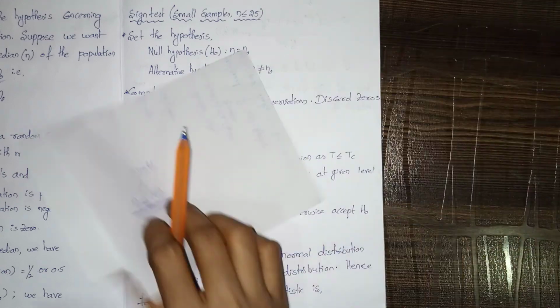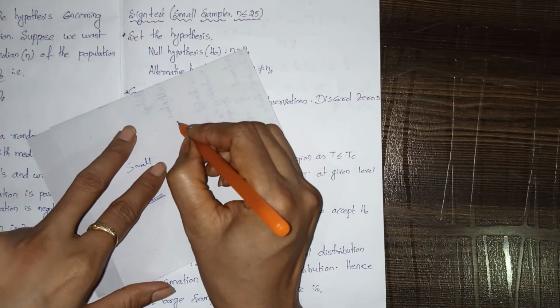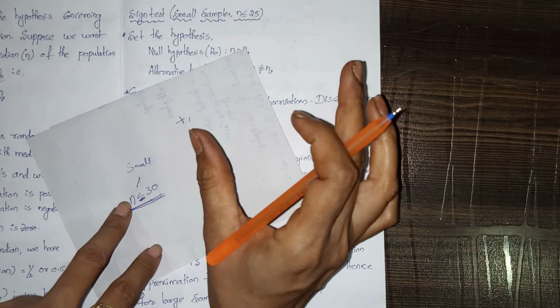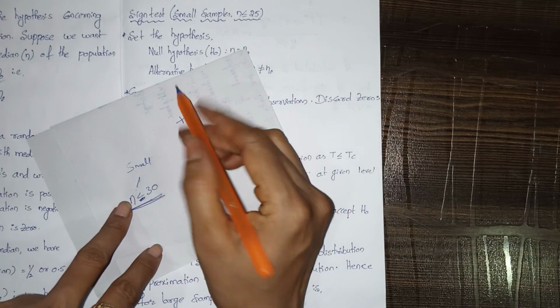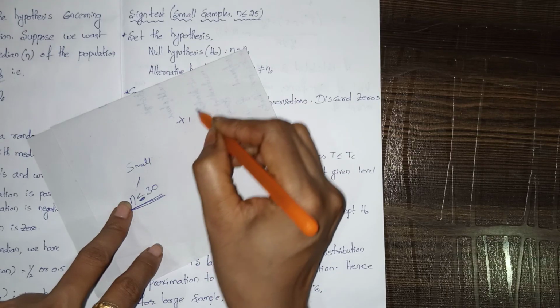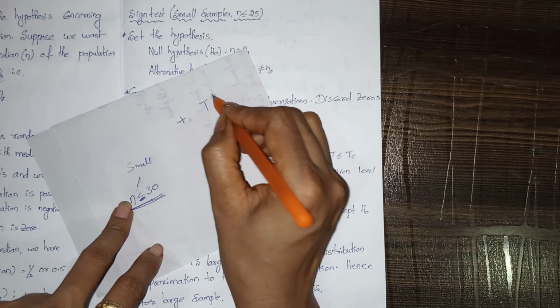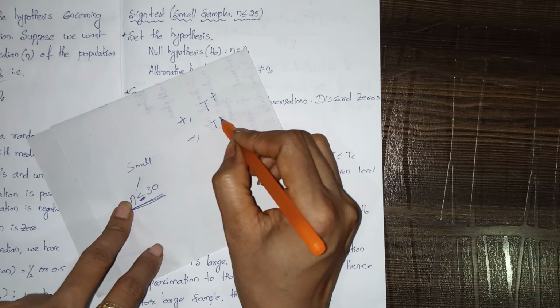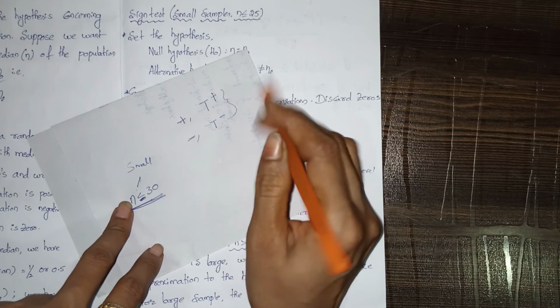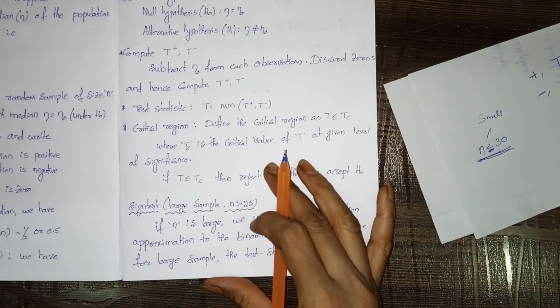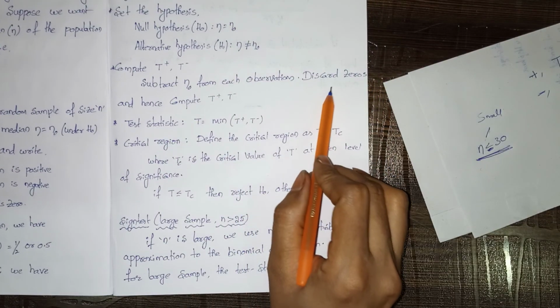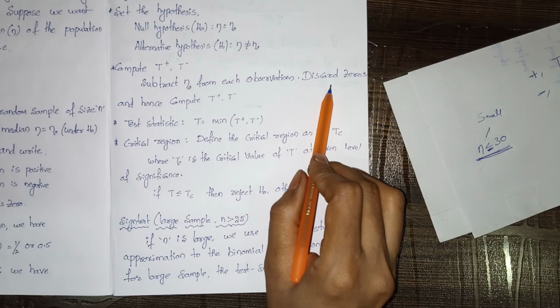So what are T+ and T−? How many positive signs are there in the series, in the given sum? We have to count them and treat that as T+. How many negative signs are there? We treat that as T−. That is the meaning of T+ and T−. And if we get 0, we should not count it.